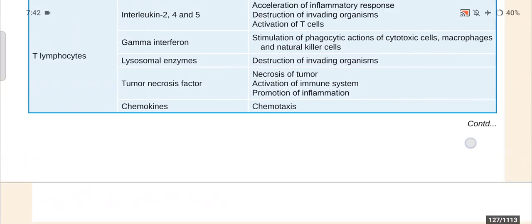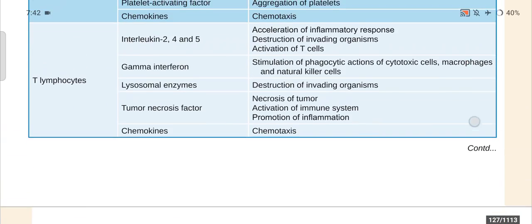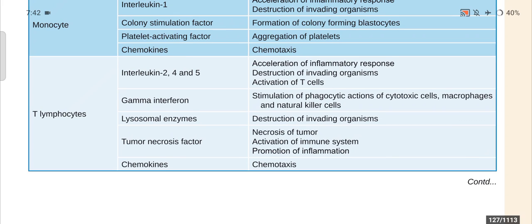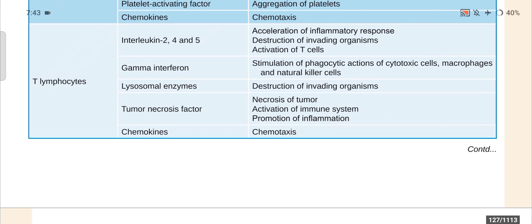And in the table, the T lymphocyte and B lymphocyte. The T lymphocyte secretes interleukin 2, 4 and 5, which accelerate the inflammatory response, destruction of invading organisms, and activation of T cells, and gamma interferon, which stimulates the phagocytic action of the cytotoxic cells, macrophages and natural killer cells. Then lysosomal enzymes, which help in destruction of invading organisms. Then tumor necrosis factor, which helps in necrosis of tumor, activation of the immune system, promotion of inflammation, and